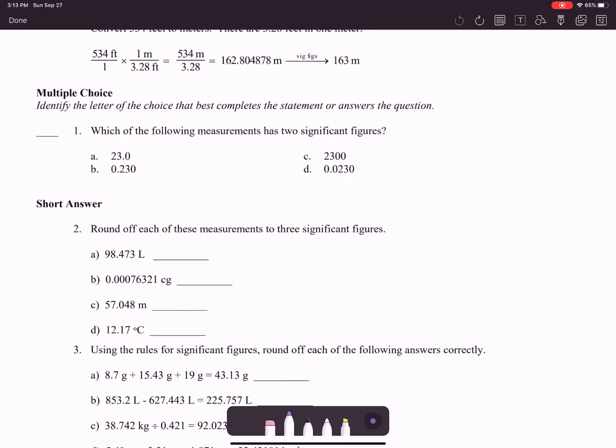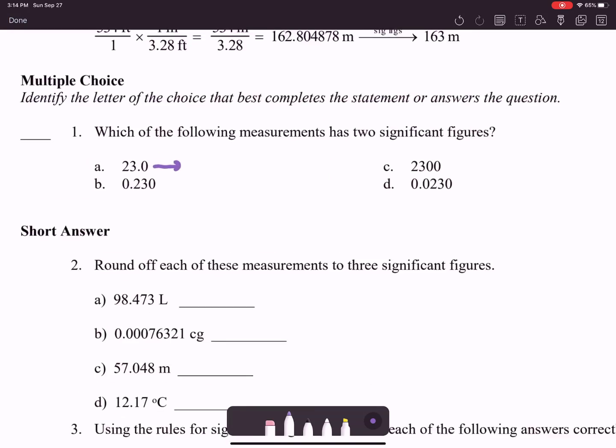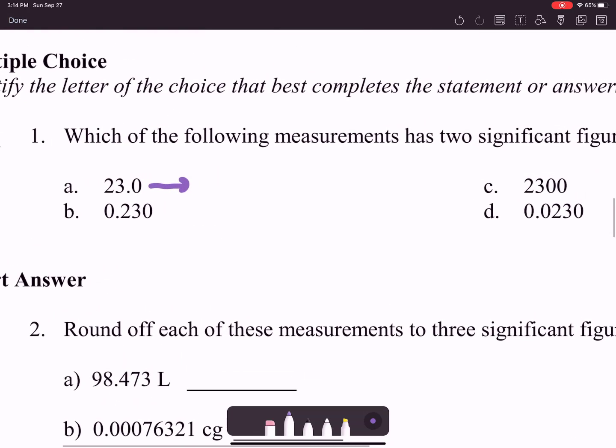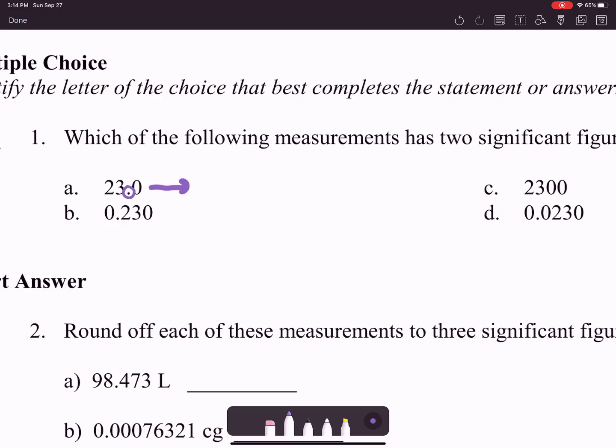Which of the following measurements has 2 significant figures? So let's look at each one and find out how many significant figures are in each measurement. For this first one, a decimal point is present. So we're going to start from the side of the United States where the Pacific Ocean is, and we're going to count at the first non-zero number and keep counting to the end. Okay, so we're going to see that there's 1, 2, 3 significant figures in this